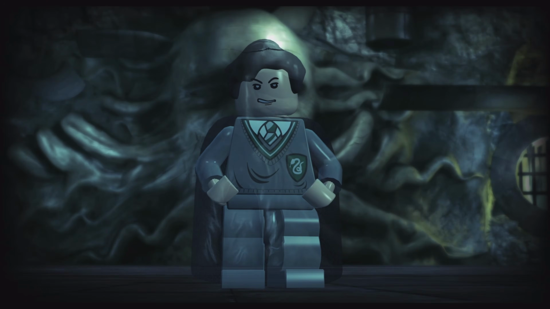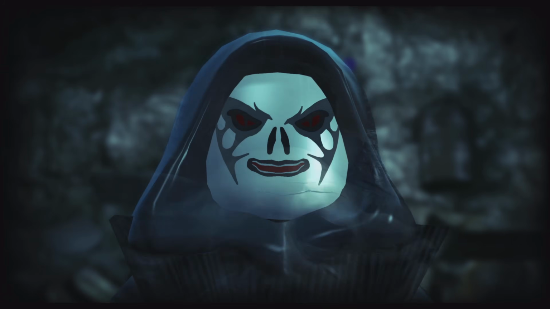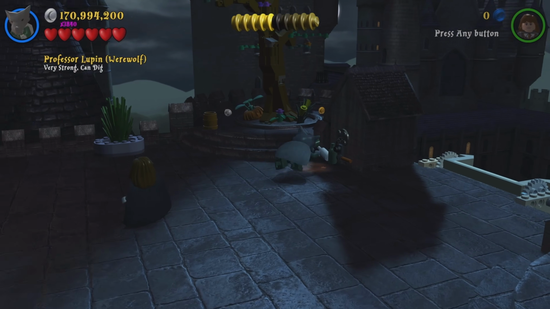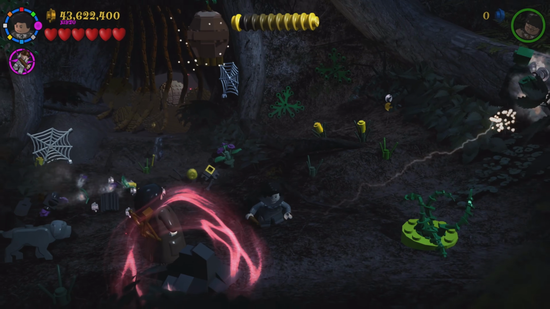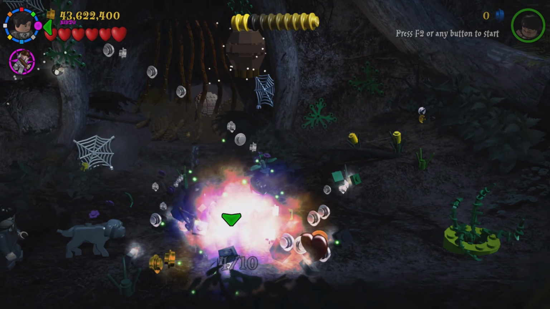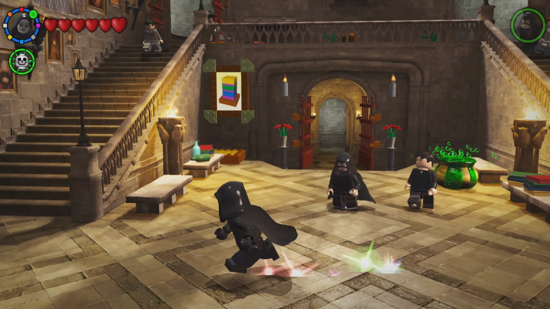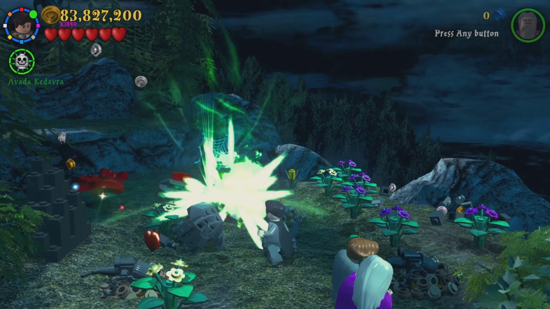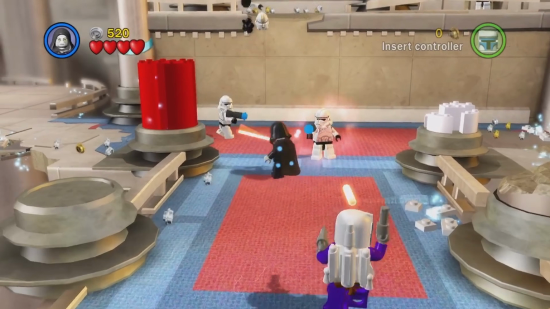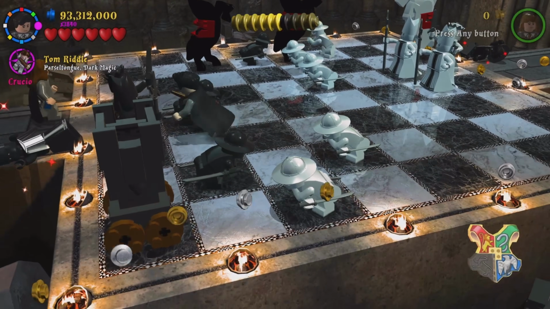At number 1 is Tom Riddle. It really was a toss of a coin between Tom Riddle and Professor Lupin, but I put Tom Riddle as number 1 simply because of dark magic. There are a few characters in the game that have dark magic, but the array of spells you can use with Tom is insane. Similar to the Sith characters in the LEGO Star Wars games, there are puzzles that require